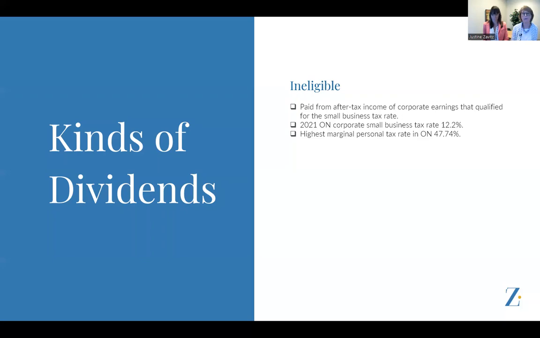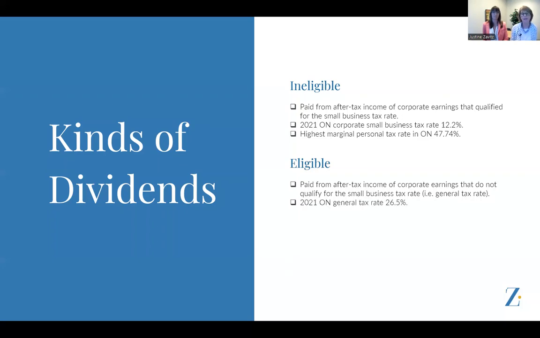So let's move on to an eligible dividend. An eligible dividend is paid from corporate earnings that do not qualify for the small business tax rate. We call that the general tax rate. And that tax rate is 26.5%, so much higher. But when you pay a dividend out on that after corporate taxed money, the tax rate is much less at